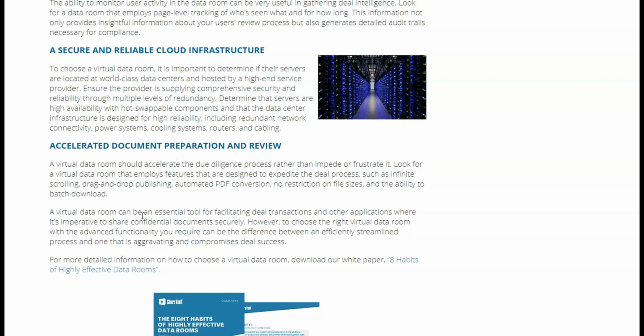Determine that its servers are highly available with hot-swappable components and that the data center infrastructure is designed for high reliability, including redundant network connectivity, power systems, cooling systems, routers, and cabling. A virtual data room should accelerate the due diligence process rather